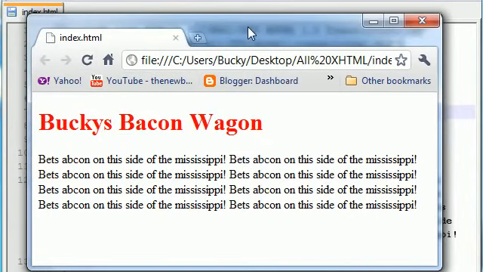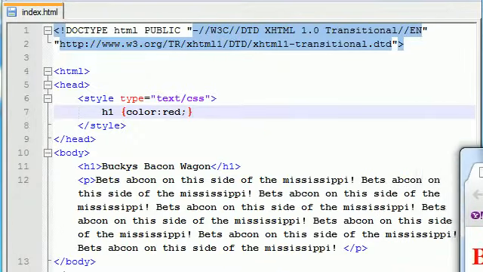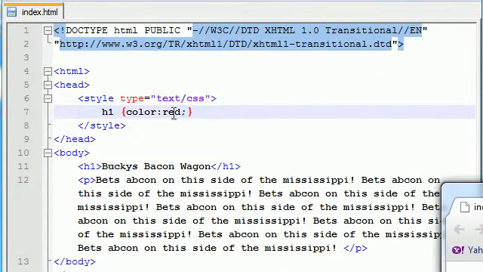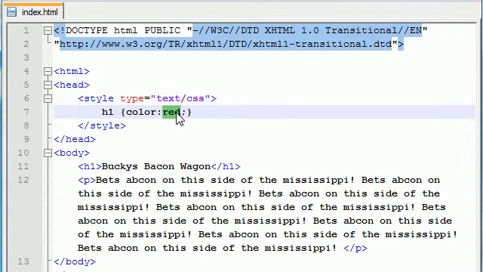But what if you're saying, well, everyone has red on their webpage. I want mine to be a little different. I want mine to be the color of bacon. So what you can use aside from just keywords like red, blue, green is you can actually use something called an RGB value. Now, if you don't have Photoshop, because that's where I use mine, you can go to pretty much